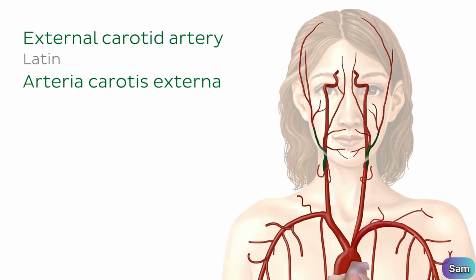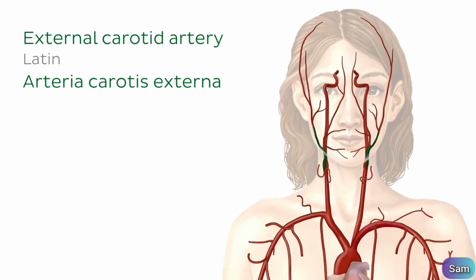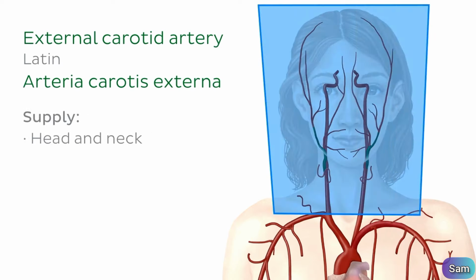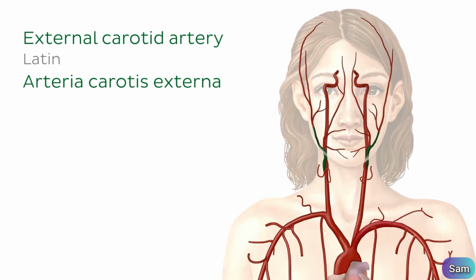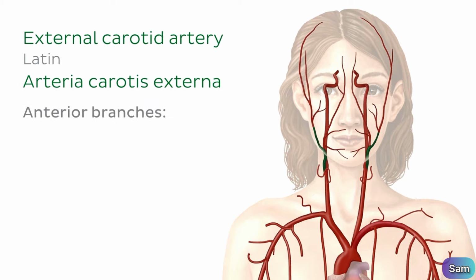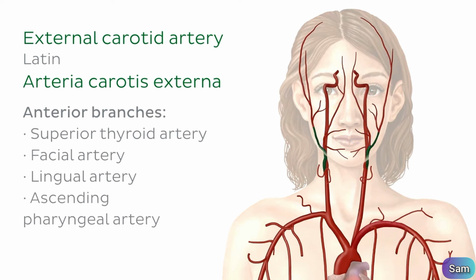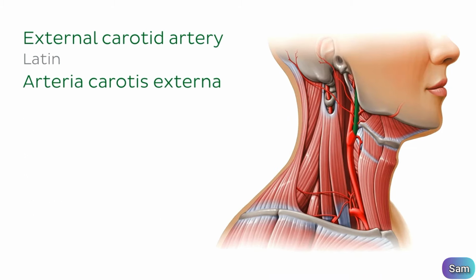The external carotid artery, which is one of the two arteries that arises from the bifurcation of the common carotid artery, as we just mentioned, at approximately the level of C4, gives off several branches which supply the head and neck. The branches of the external carotid artery are divided into anterior branches, posterior branches, and terminal branches. Let's go through some of these. The anterior branches include the superior thyroid artery, the facial artery, the lingual artery, and the ascending pharyngeal artery, while the posterior branches include the occipital artery